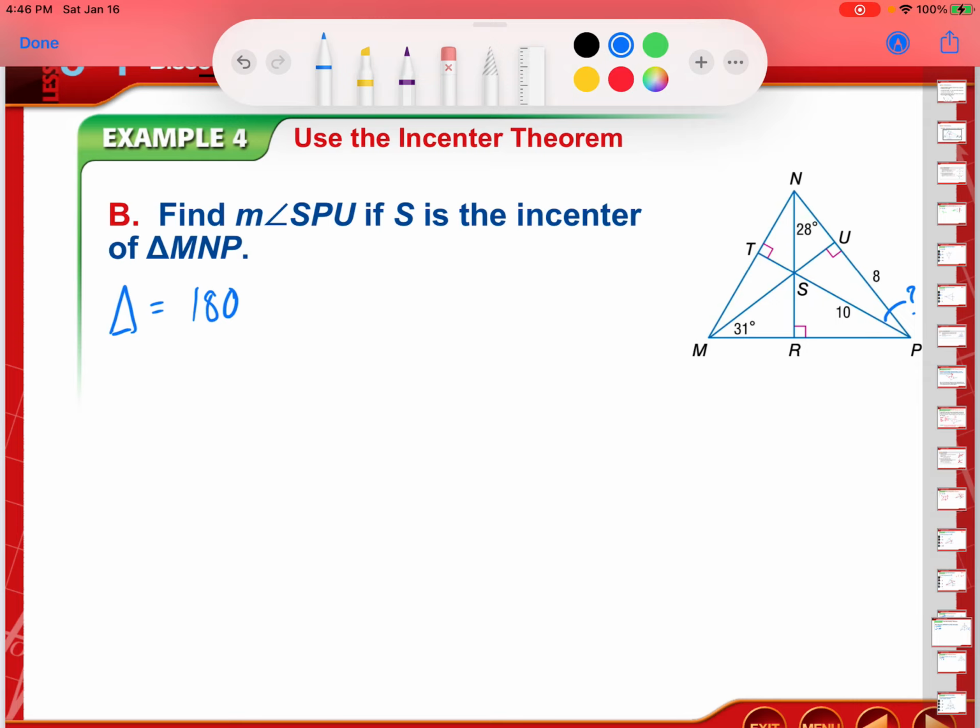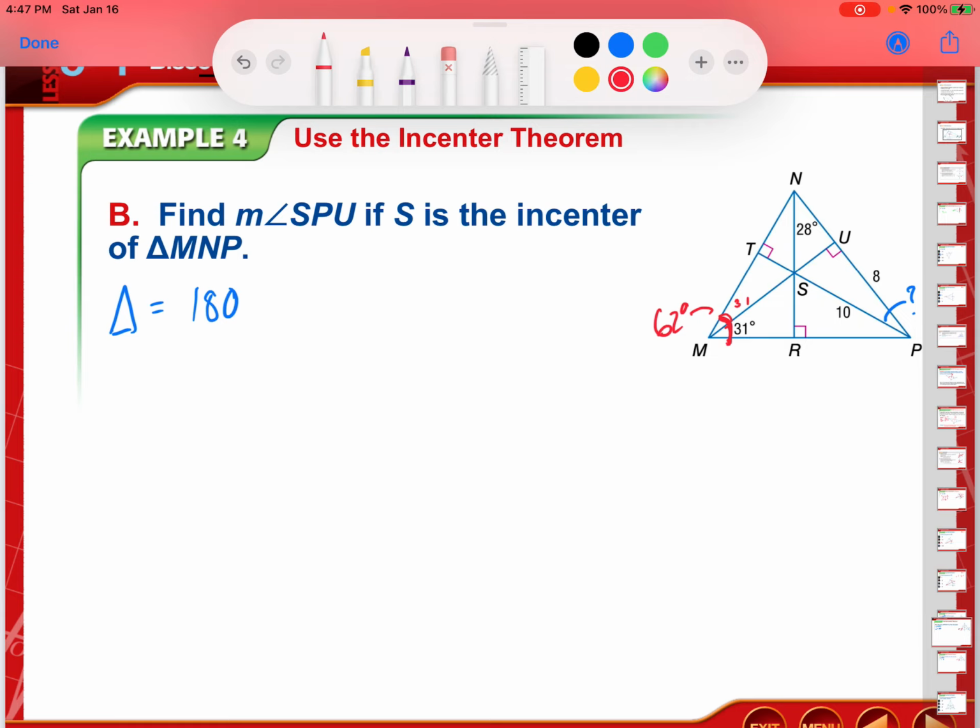Now, the tricky part here is we don't have all the angles for any single triangle, but we do know that these are angle bisectors, which means that SMR, or 31, is congruent to TMS. That also has to be 31, which means this whole angle here